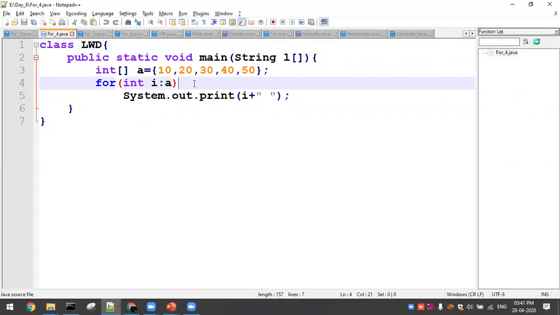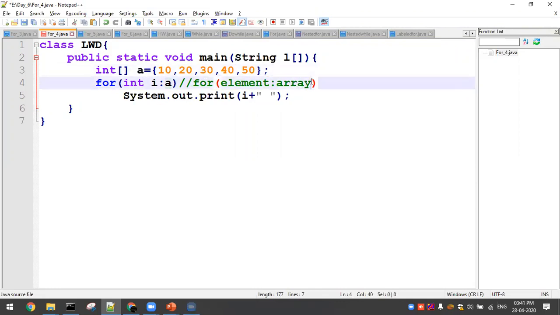So I'm giving a syntax, listen properly: for, inside it the first element, so what is an element? And a colon, and then the array name, right? So the array or any collection name. You are giving the name of the container. What is my container? Array a.